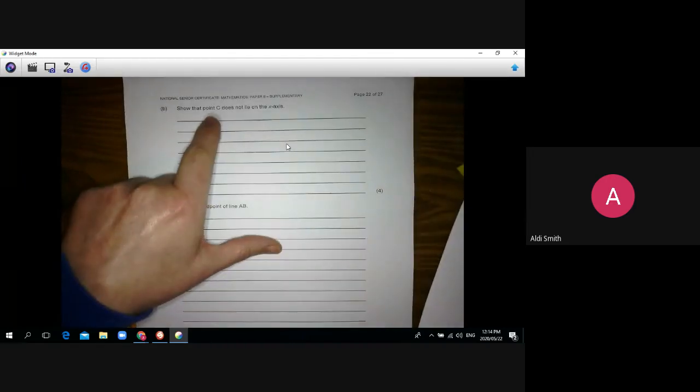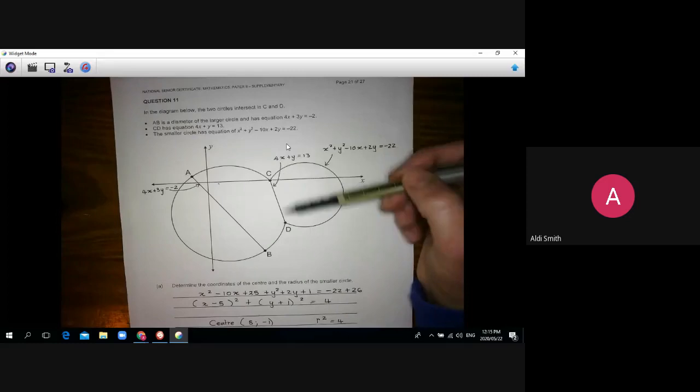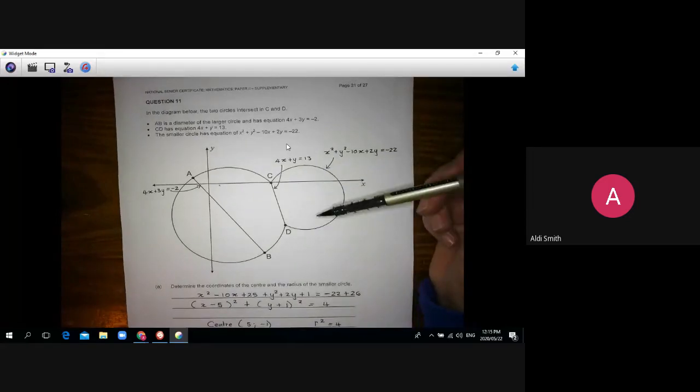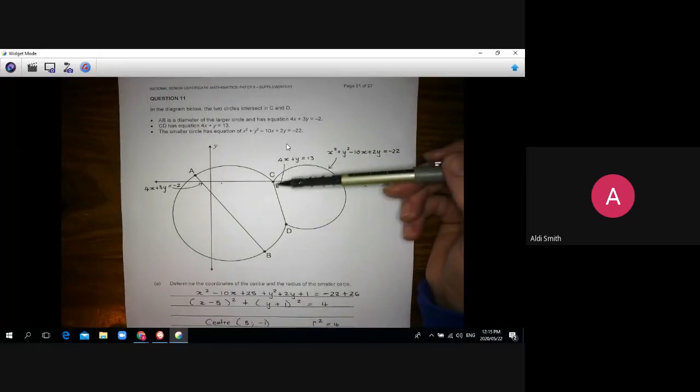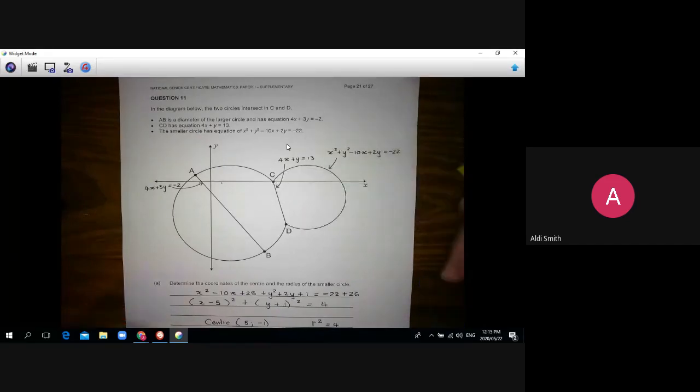So the next question then asks, show that point C does not lie on the x-axis. Show that point C does not lie on the x-axis. Now, the only way to show that point C does not lie on the x-axis is to actually calculate the coordinates of point C. Now, in order to calculate the coordinates of point C, you need to realize I've got